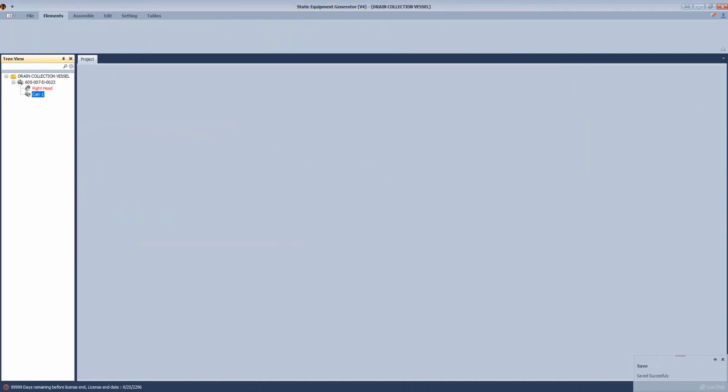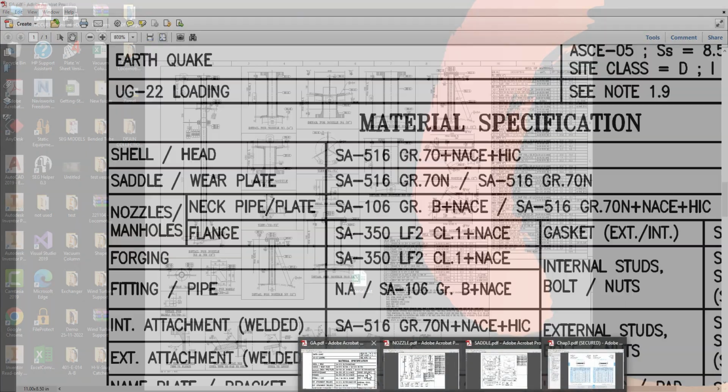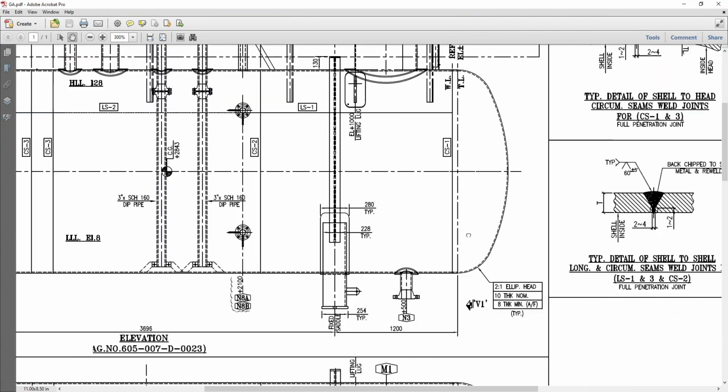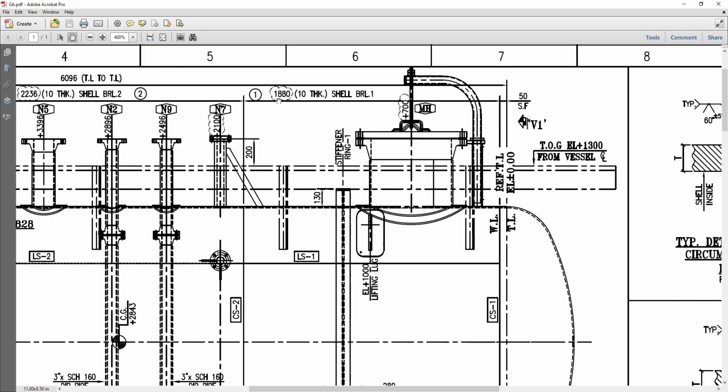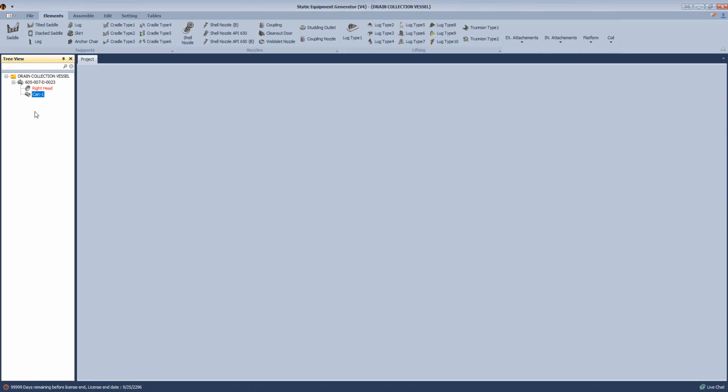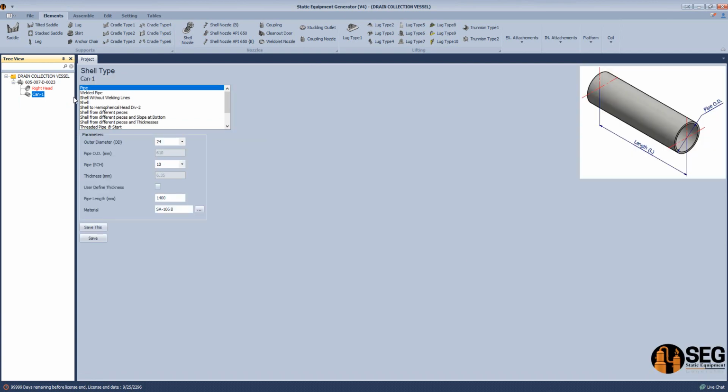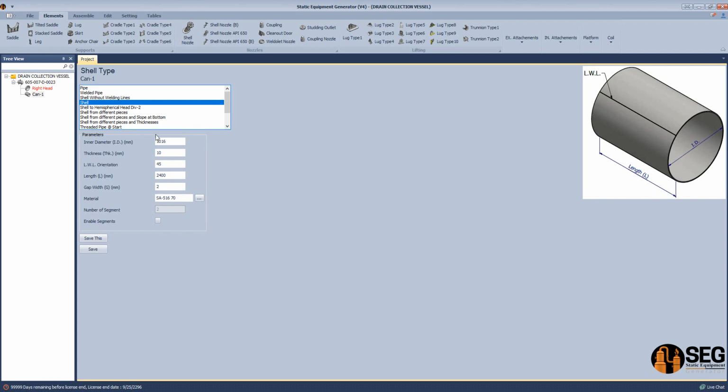Okay, here we have the first can. If we take a look at the first can here, it's 1 meter point 99880. So from here, let's select CAN1 and select the suitable type. In this case, we have a single welding line. So let's select shell type and define